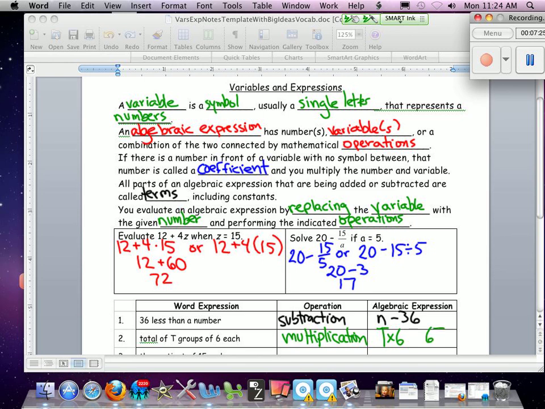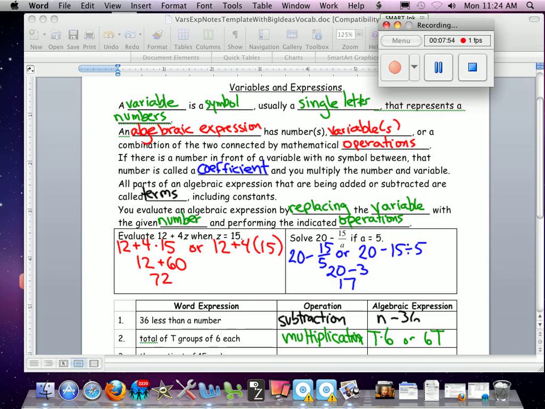But if you wrote 6t, that's the way that more often you're going to see a number times a variable. So t times 6 or 6t, both of those are very frequent ways you're going to see that particular expression turned into an algebraic expression. You're going to try to continue the chart as well as do the practice on the other side for the rest of your